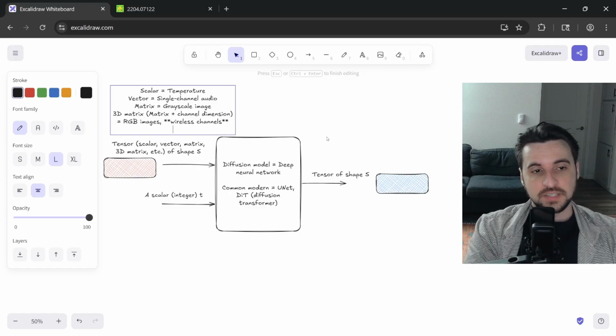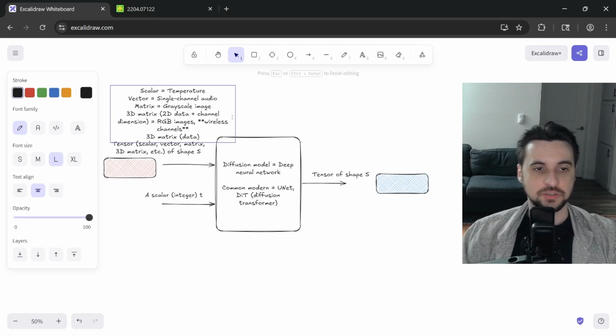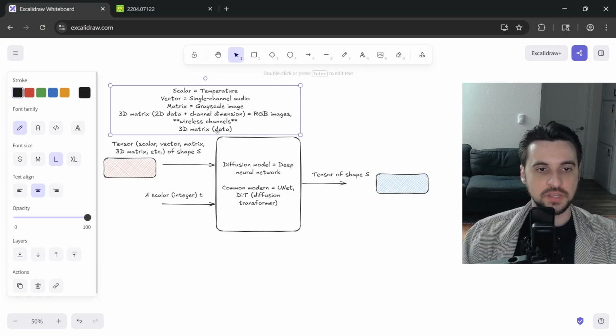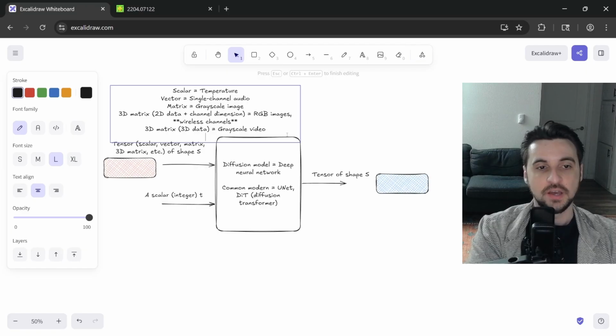But there are other examples here of what else is a real 3D. There's also a 3D matrix. It's 2D data plus channel dimensions, but there are also raw 3D data matrices, which we can imagine. For example, a grayscale video, okay? And then a 4D matrix,